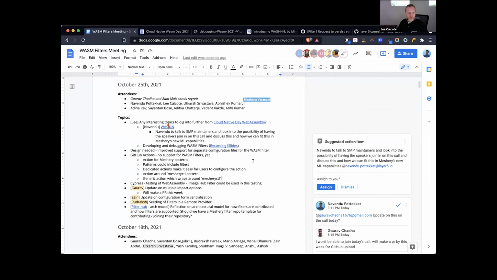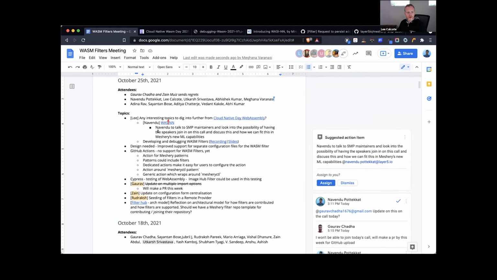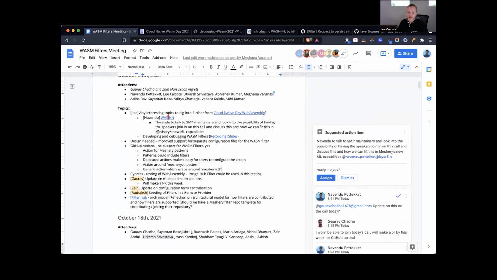I don't know that there are open issues for either of these 2 requests. I could be wrong. So Adina and Jubril, if the 2 of you open up issues, that would be good, so we would track this.